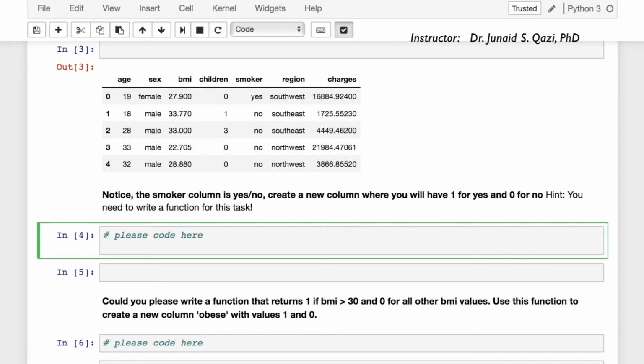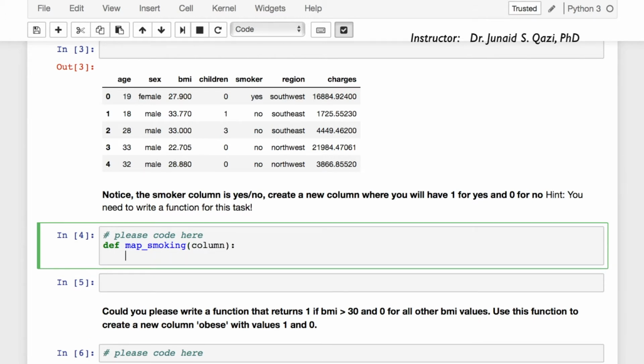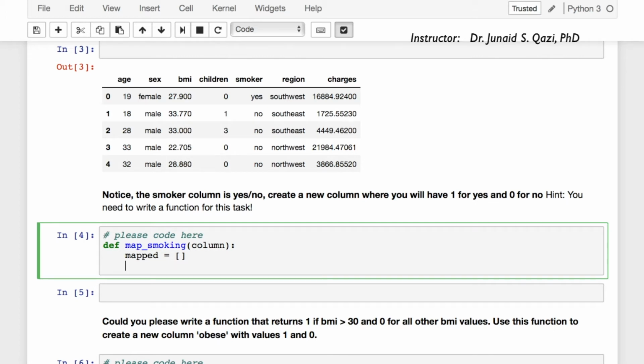To create a function, we start with the keyword def. And let's call the function map_smoking, because we are mapping the smoker column here, and pass in column here. Then initialize an empty list: mapped equal to empty list. And when we grab a column, we need to go through all the values, the yes or no's in the column, one by one. So for value in column, if